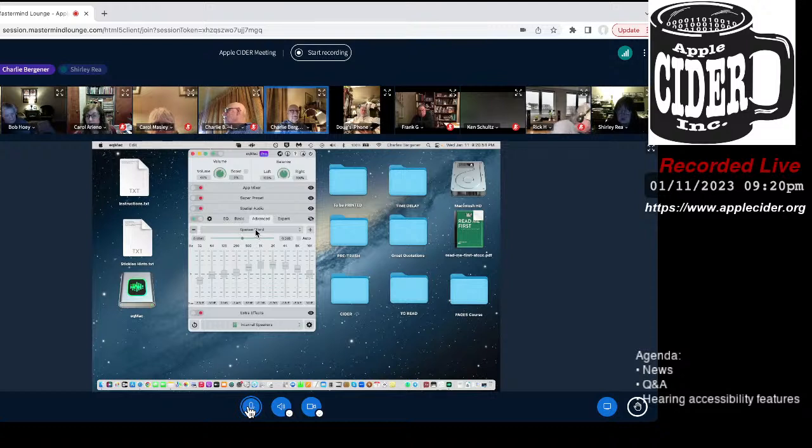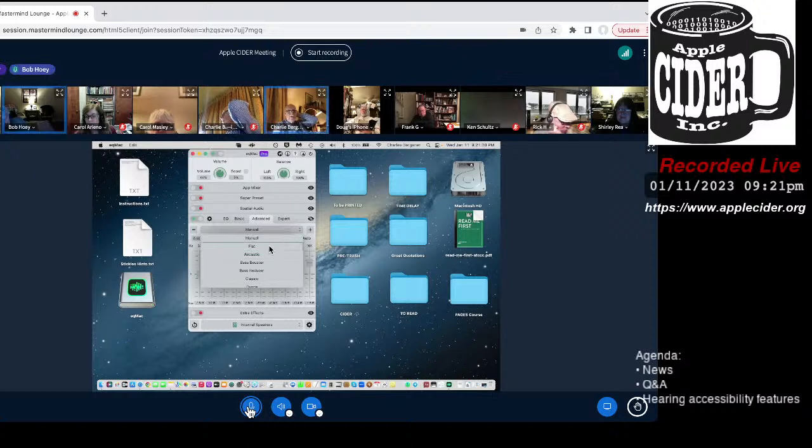Right now, you'll see up here it's set on spoken word. You can select manual, and if you do this and click on these things, you can move them up and down, and that does have an effect. But you can also select preset spectra or whatever you want to call them. For instance, if I move to flat, everything's right across the middle there.